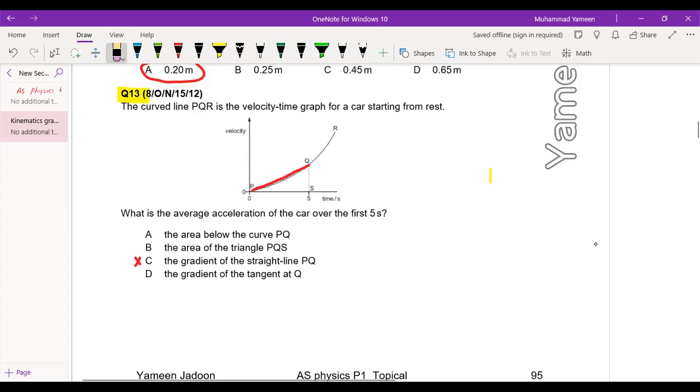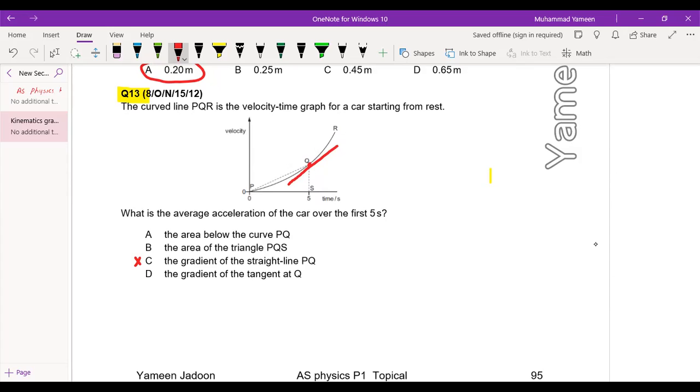And what will the gradient of the tangent give us? The gradient of the tangent will give us the acceleration at 5 seconds. Okay. So the area of the velocity time graph will give us displacement. So if we are interested in finding acceleration, then it must be linked with the gradient, and the gradient